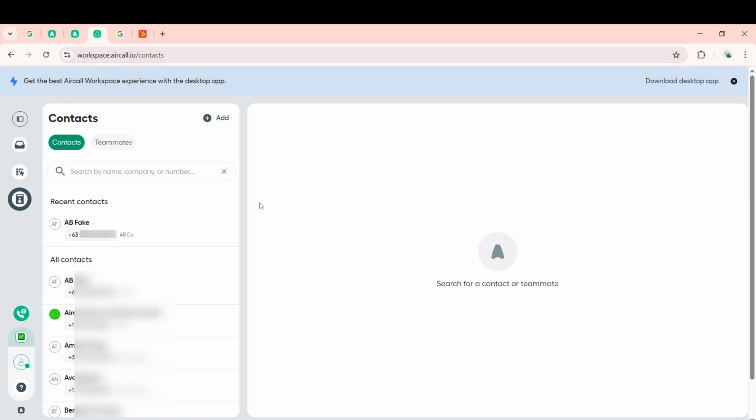Now, when you're in the workspace, you'll want to navigate to your contacts. This section provides you with a list of people you might need to connect with. Here, you can either scroll through the list or use the search function if you're looking for someone specific. This feature is particularly helpful if you're dealing with an extensive contact list, or if you need to quickly reach